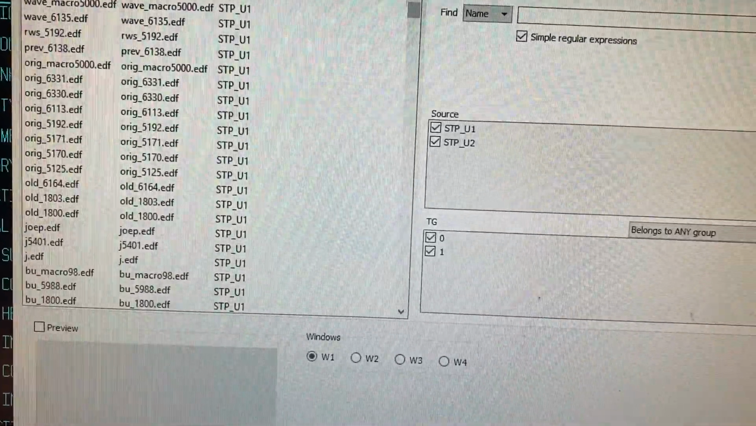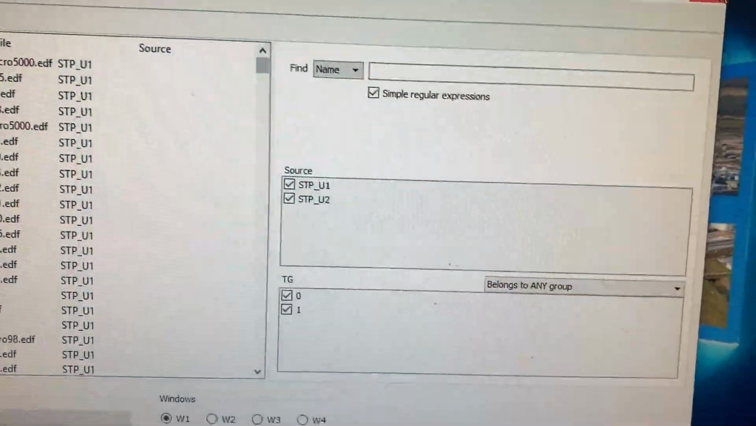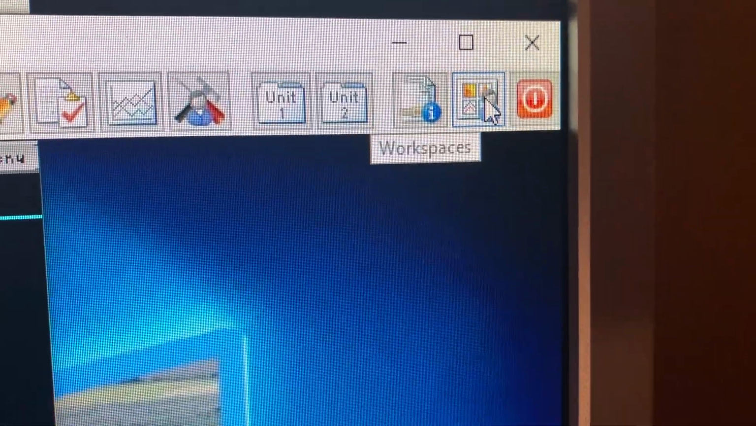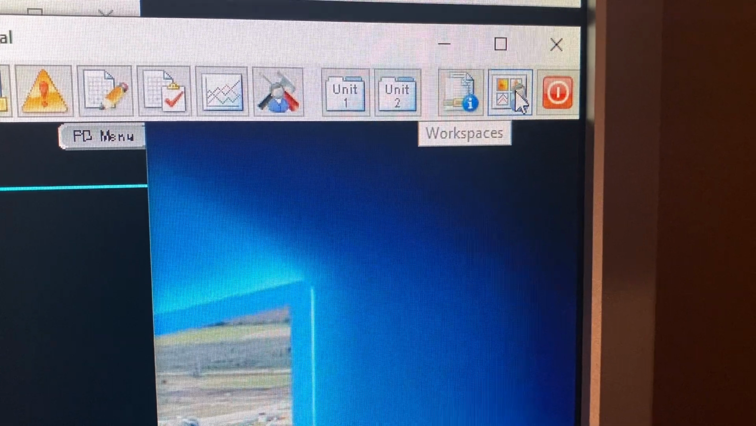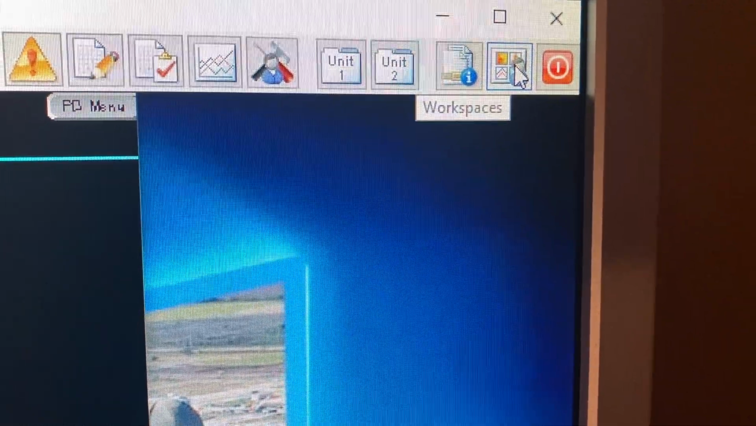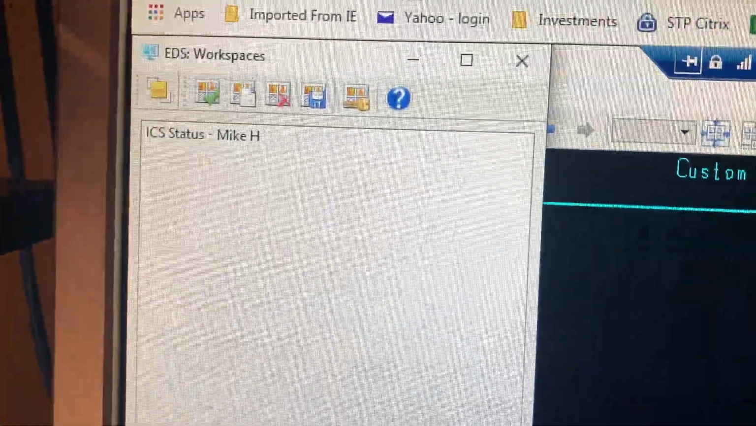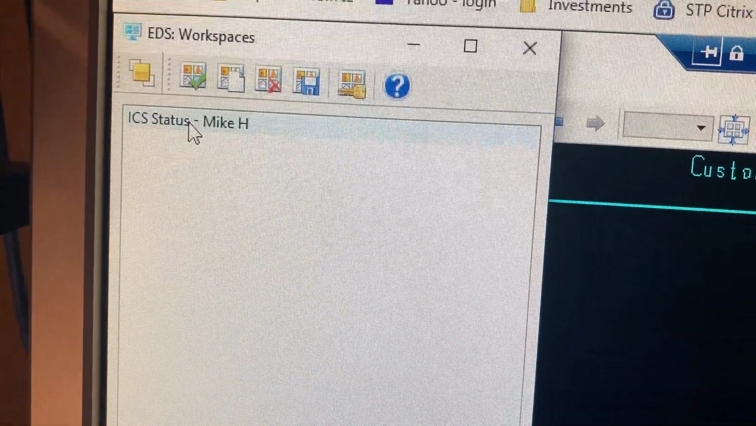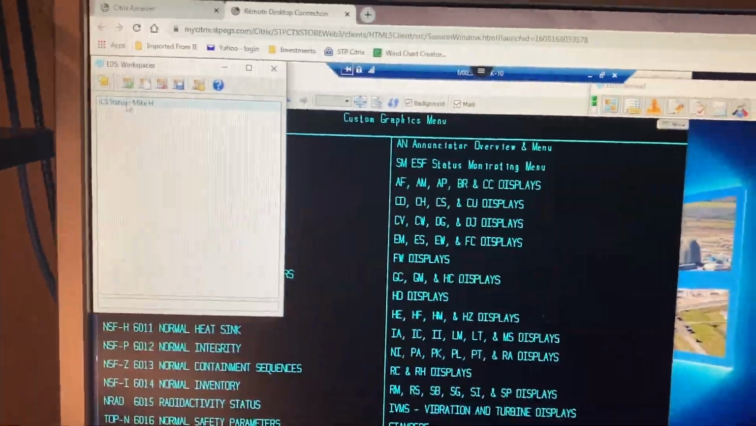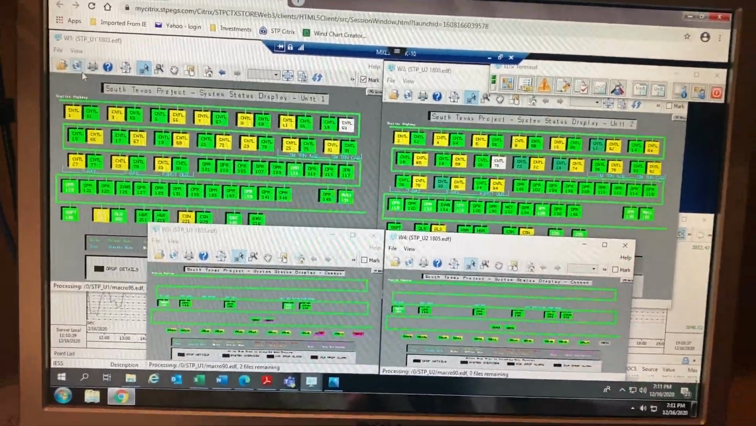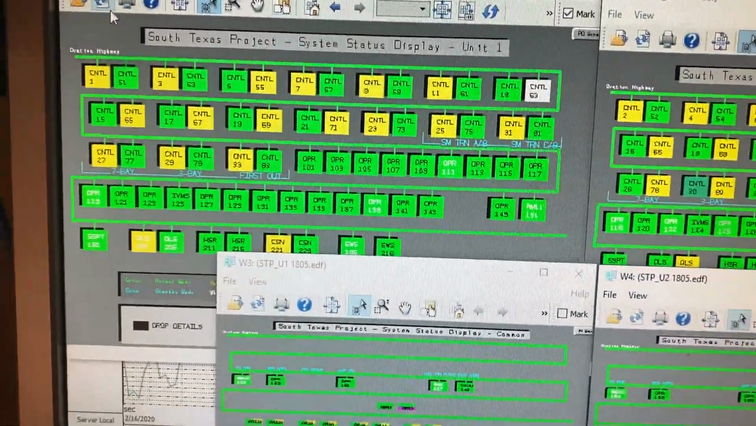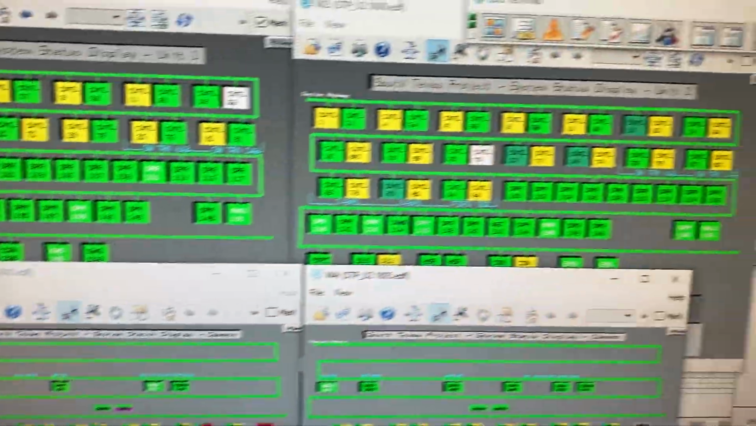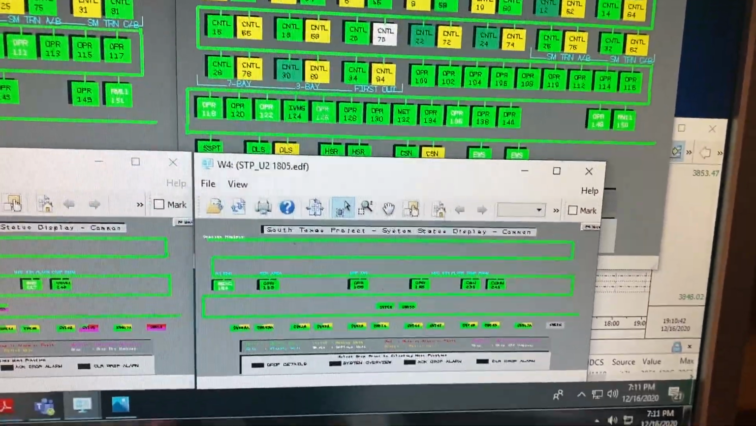The other thing that's cool about this is you can save your workspace. This button up here on the menu called Workspace: if you have certain screens that you like to look at all the time, you can save it. When I click on that button, it popped up this menu over here, and see, I've just saved this workspace that I commonly use as ICS status mic. If I go to this and double click, this pops up Unit 1 ICS System Health, Unit 1 ICS Network, Unit 2 ICS Health, Unit 2 ICS Network,